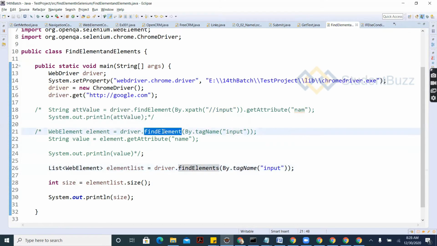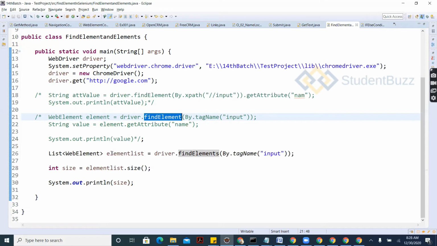When we are doing any operation on a single element, we can use findElement, and it works on the first DOM element in this particular page. When it comes to findElements, it is going to list the similar kinds of elements in the particular page and store them into the List of WebElements, and you can do your operations. If you want to print it, and if you know the for loop, you can loop it.